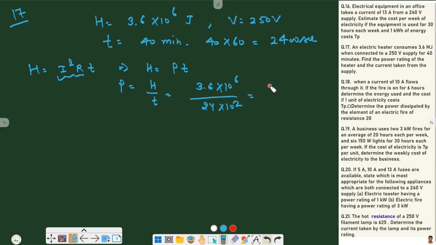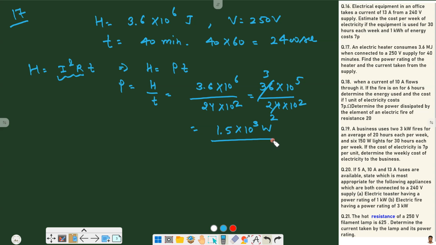This will be 36 into 10 to the power 5 by 24 into 10 to the power 2. So this is 3 by 2, or 1.5 into 10 to the power 3 watt. So this is the power rating,